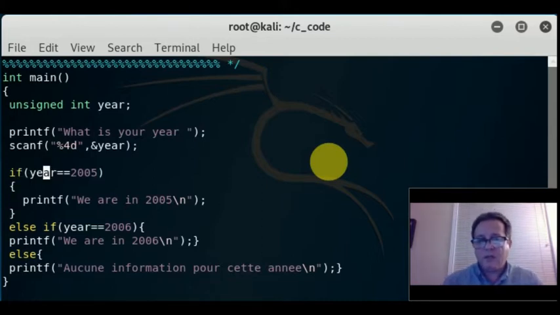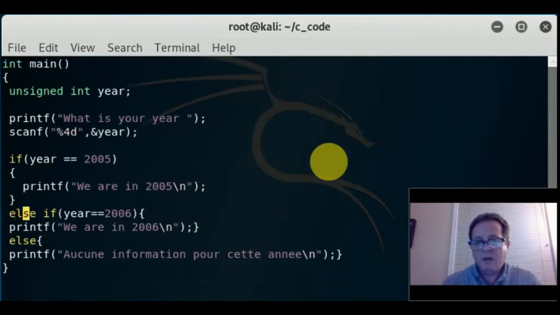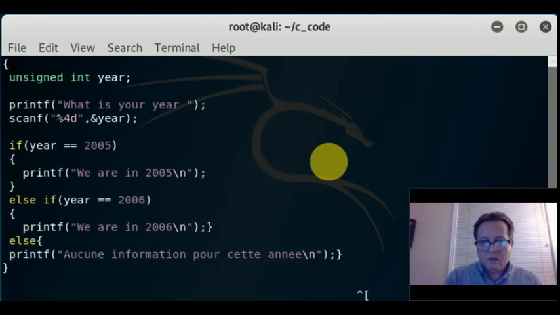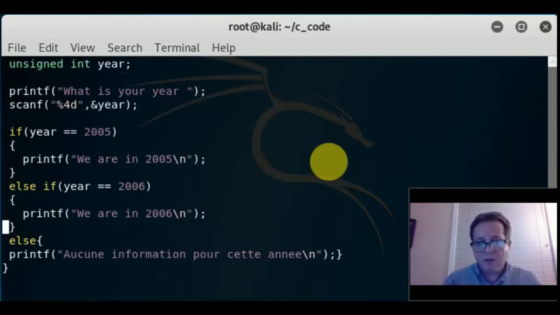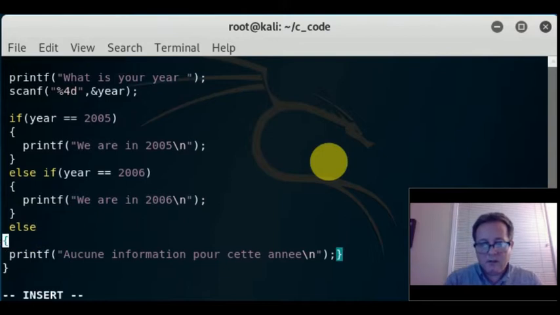Another thing I do usually is I put some space just to make it more readable. If year equal 2005, show on the standard output, on the screen, we are in 2005. Else, if we're not in 2005, but we're in year 2006, show on the screen we are in 2006. Same thing, my block finishes here, else